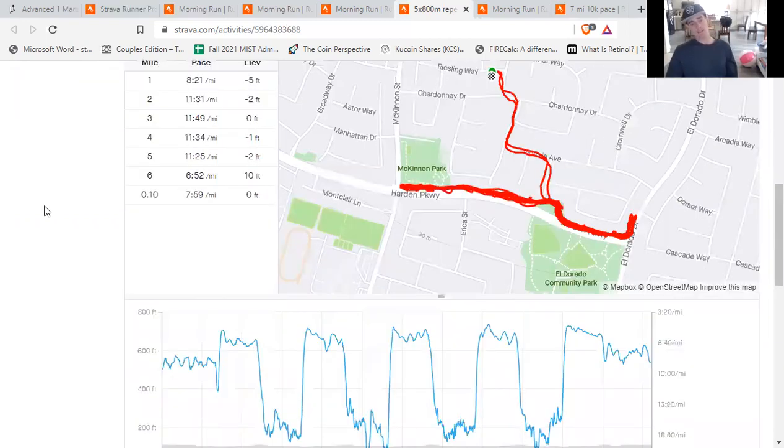Now, the way that I did this might be, I wouldn't say counterintuitive, but might not be exactly the way that Hal Higdon would write it up in his training program. So as a reminder, for the intervals, by and large, Hal wants you to run those in a minute and second total comparative to your hour and minute total in the marathon. So if you were aiming like me for a 3:05 marathon, then theoretically you should be running these repeats at a 3:05 pace. In my case, this time I decided to do it a little bit differently and do more of a ladder,